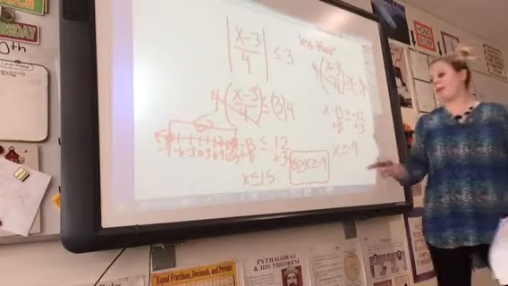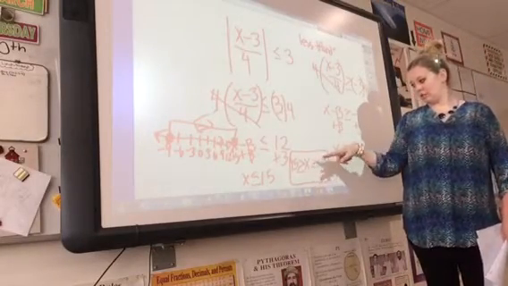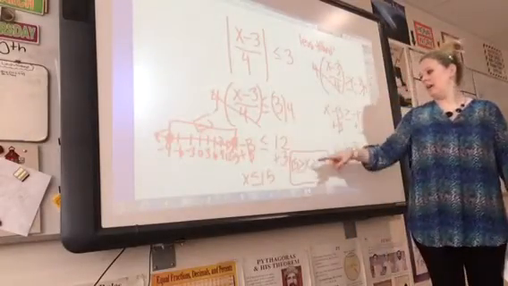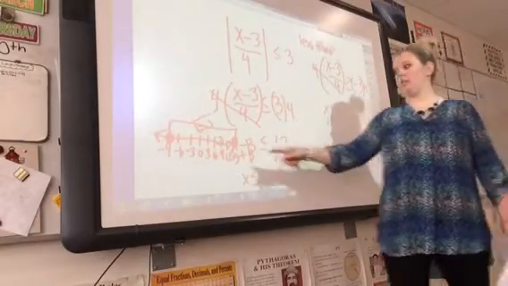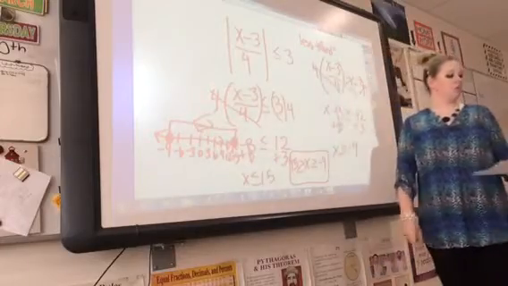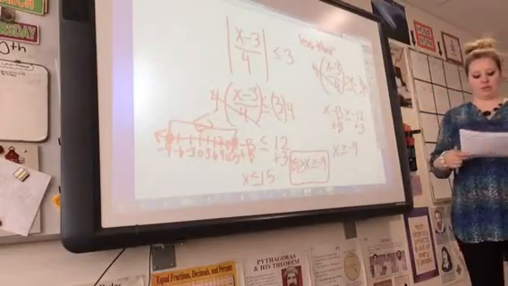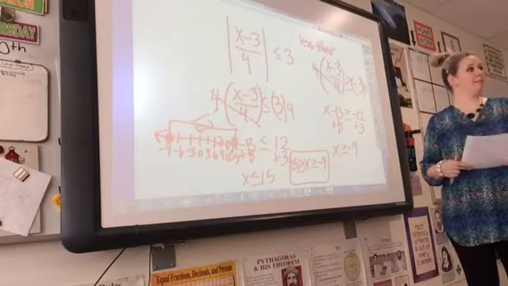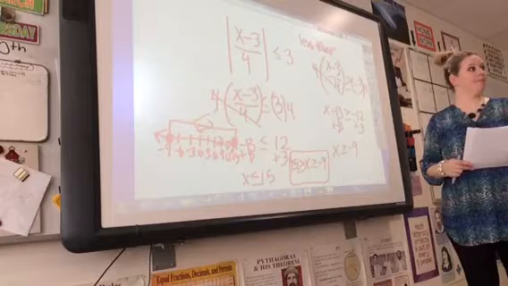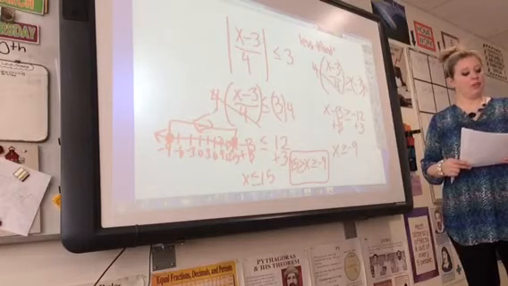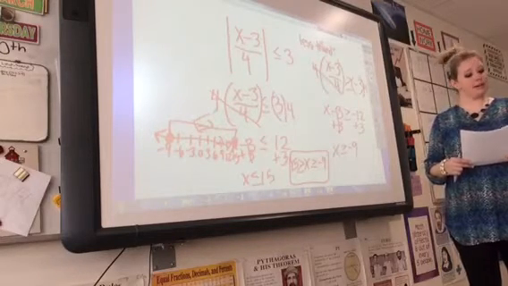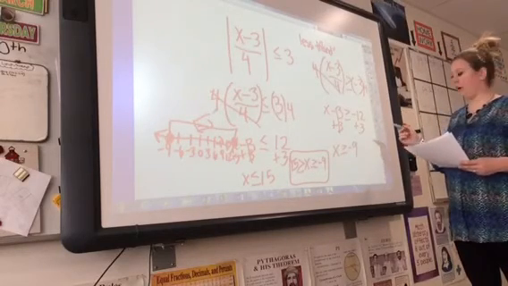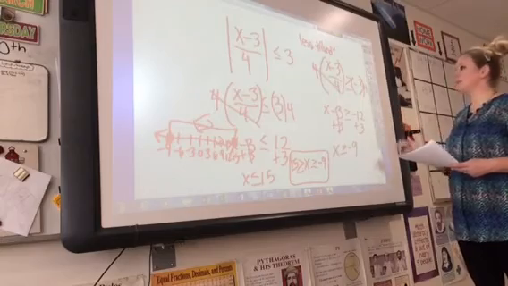Okay, but again, if you read from the variable, it would tell you that x is greater than or equal to negative 9, which goes to the right. X is less than or equal to 15, which goes to the left. So they go towards each other anyway. Questions on that one? Good. Next one is also the same process, okay? But notice that the next one is a greater than symbol. So that one's going to be